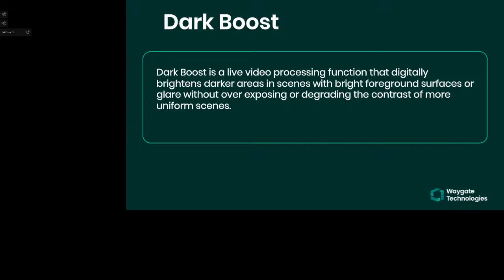Then let's talk about dark boost. Dark boost is that instrument that will allow you to balance the lighting across the scene. What does that mean? If something up close to the camera is blooming and you can't see beyond it, it's one of those tools that you can adjust and have a bright, well-lit image, even in the background where you couldn't see it before. Very similar to what I showed you earlier with brightness or with adaptive noise reduction, but